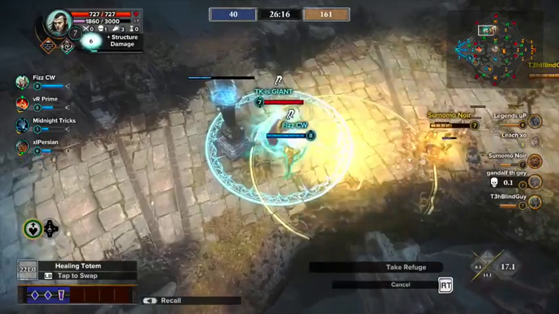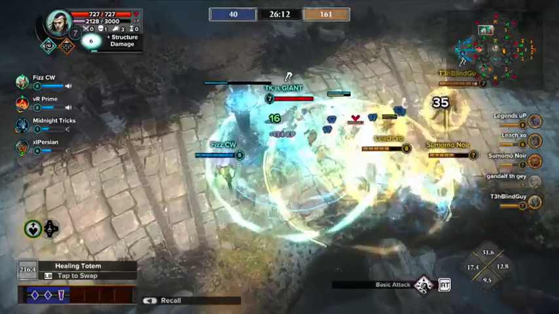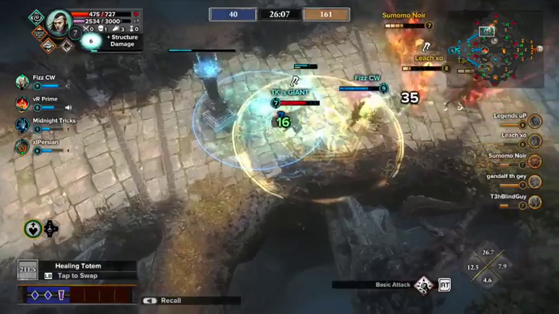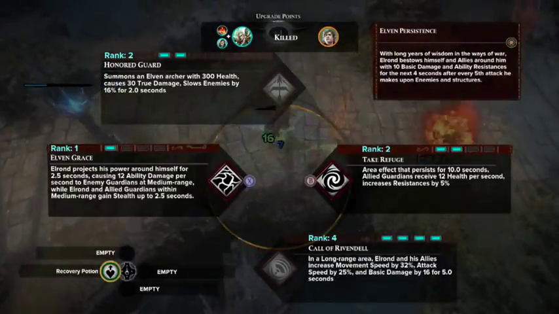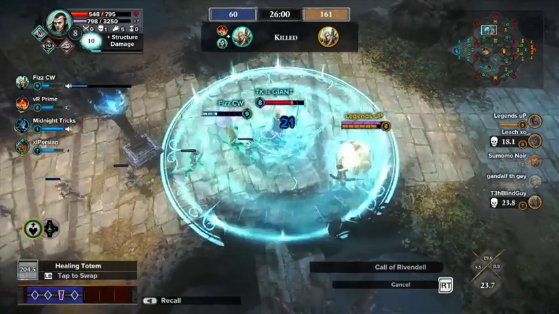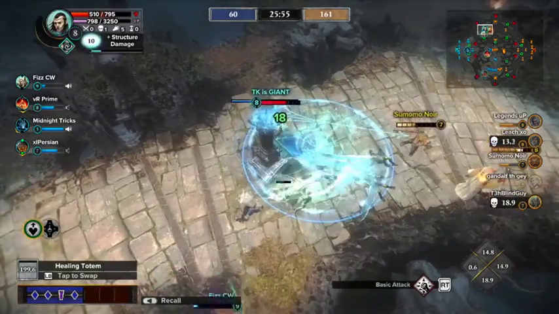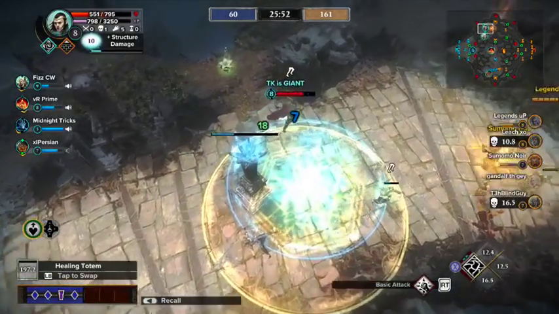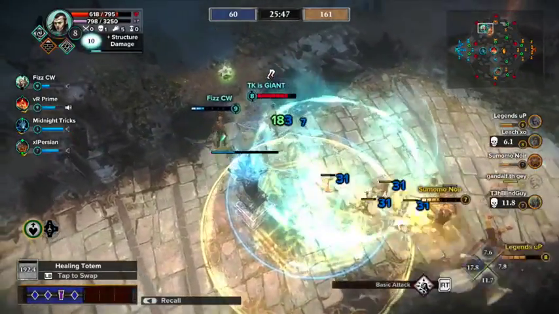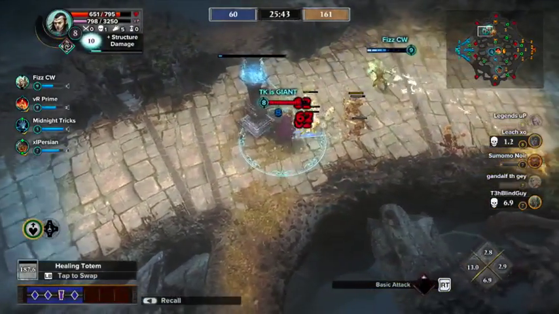I typically don't ever focus on the invisibility ability that you get, and that's called Elven Grace. It's always the last ability I level up, and what it does is, the Grace of the Elves is a boon to allies but deadly to enemies. Elrond projects his power around himself for 2.5 seconds, causing 12 up to 48 ability damage per second to enemy guardians within close range, while allied guardians within close range enter stealth, making them invisible to opponents while not attacking. This ability gains a moderate benefit from ability power,